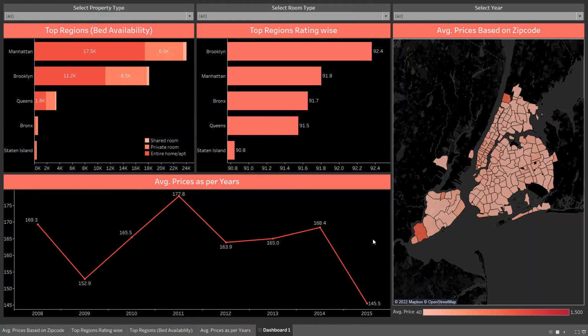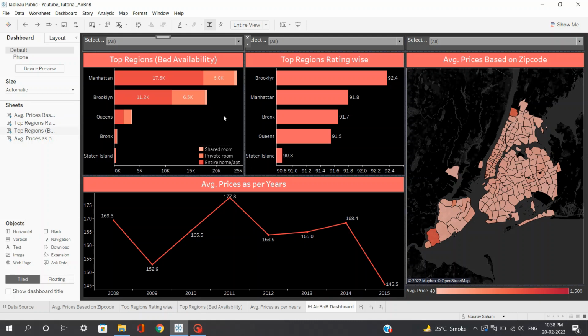It looks much better. Now, the more you experiment, the more trial and error you do with the colors, the more you derive much better combinations. Now, since our sheets are ready, we are done with the filters. Now, coming towards the last part, we'll be bringing the dashboard title.